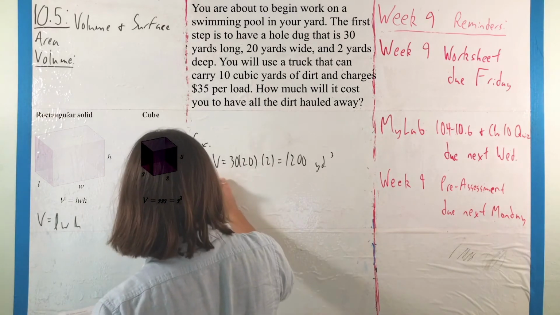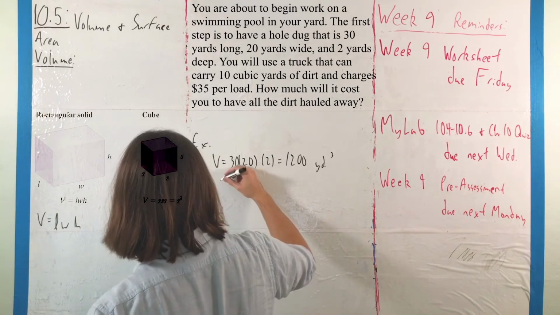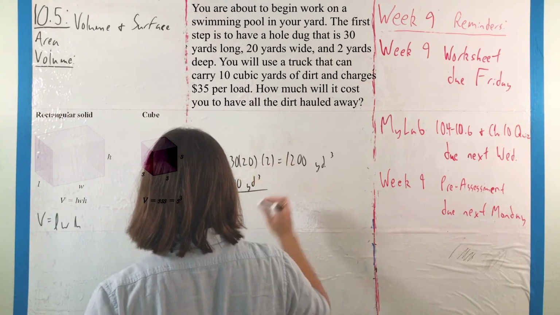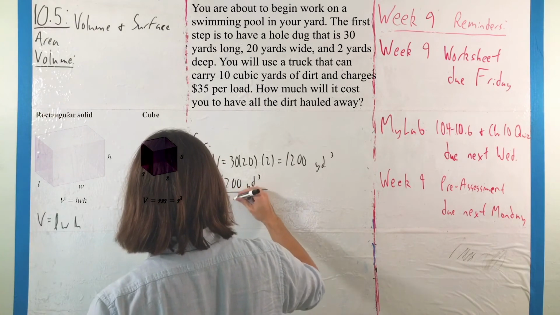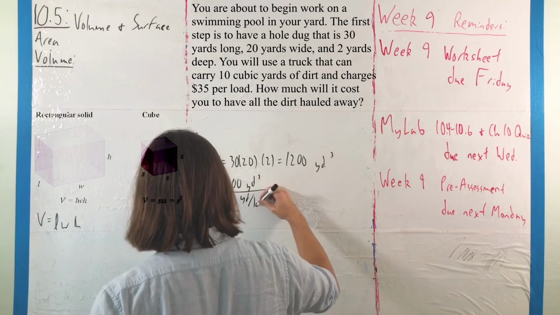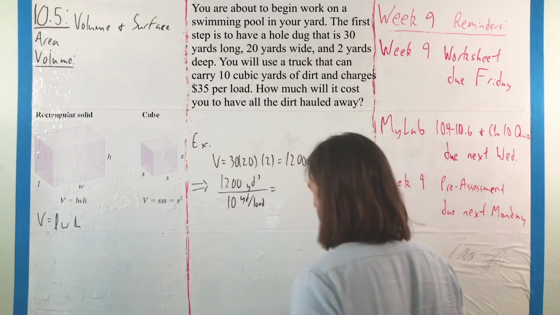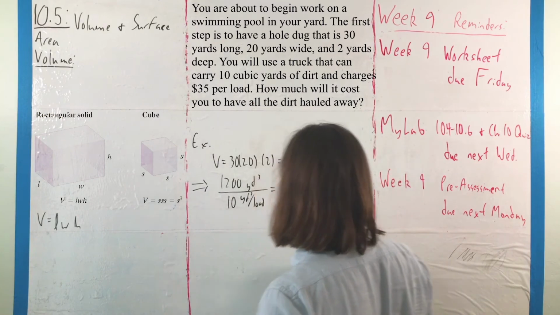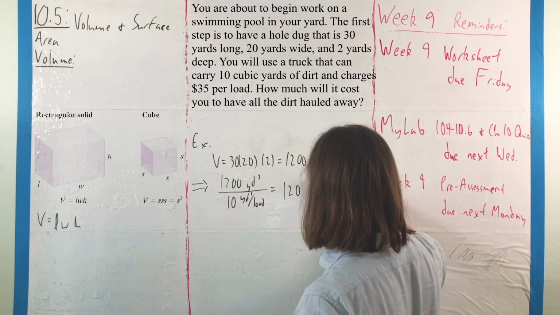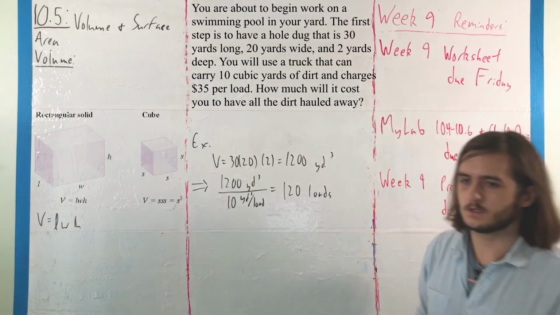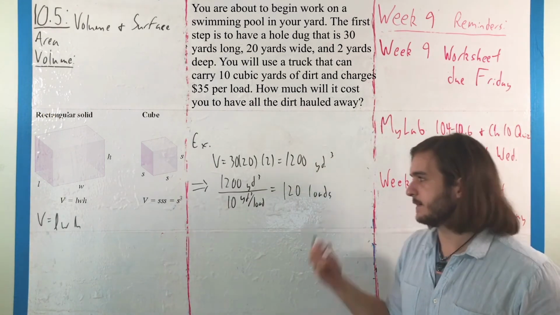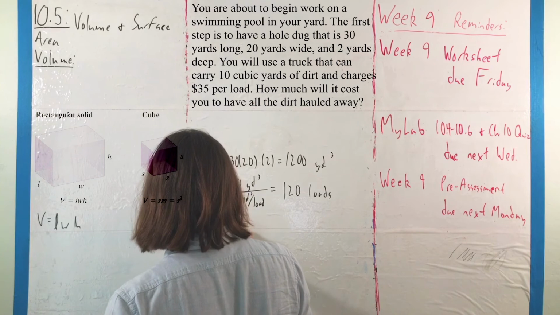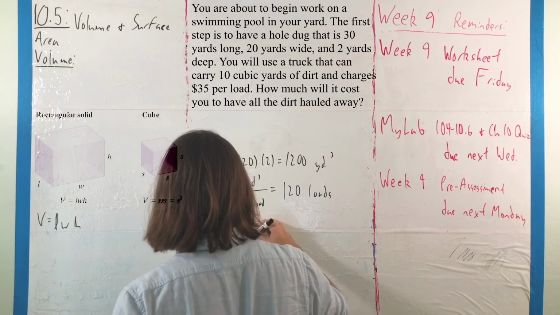So, if we're taking 1,200 cubic yards, and in each one we get 10 cubic yards per load, we will end up having to take 120 loads, pulling out 10 at a time. So we'll take 120 pulls. And then finally, if we need 120 loads,